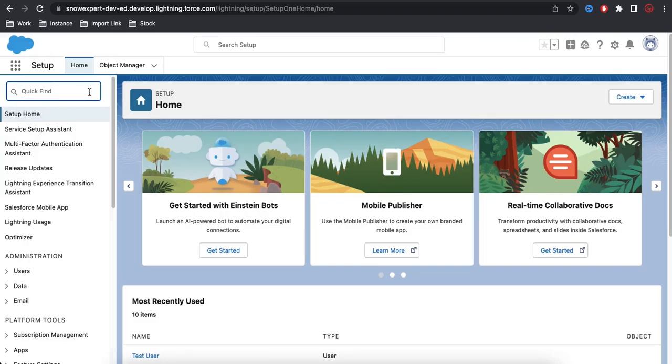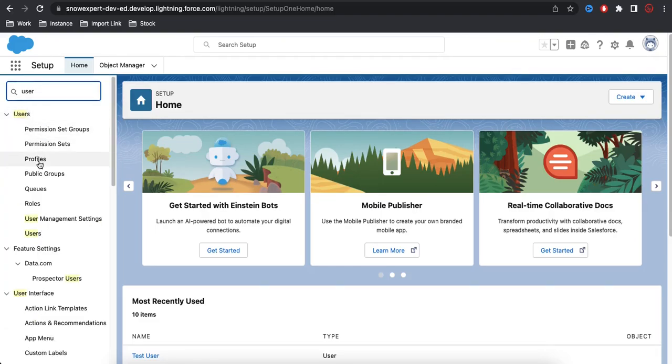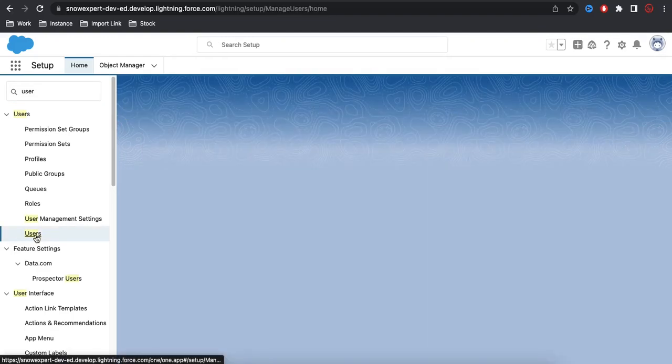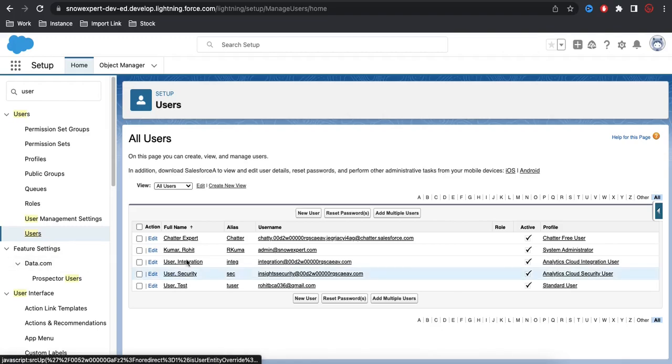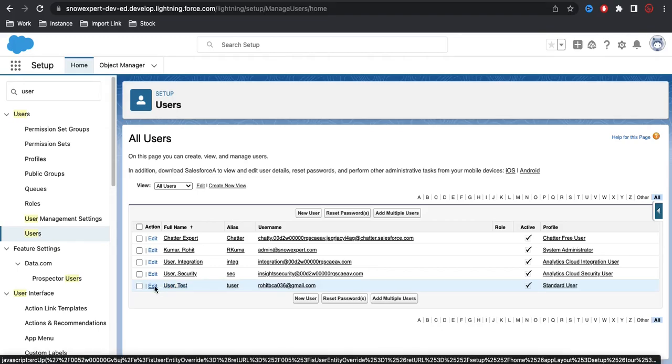I'll go to the users first. If you type users on the left side, you will get a module called Users. If you click that, you'll get all the users, and these are the users I have right now. Then I'll open this test user, which I have created, and click Edit,